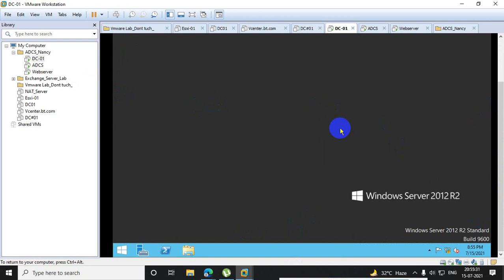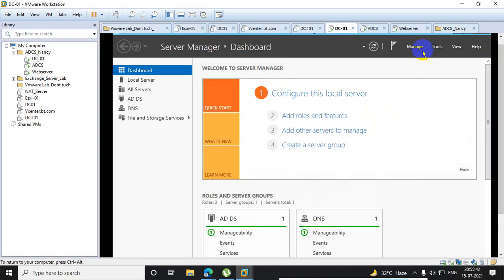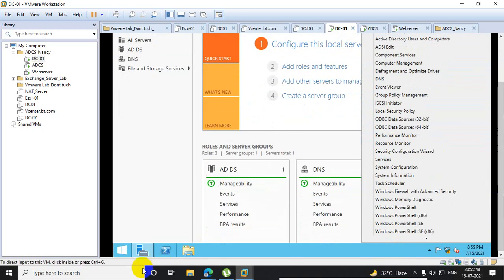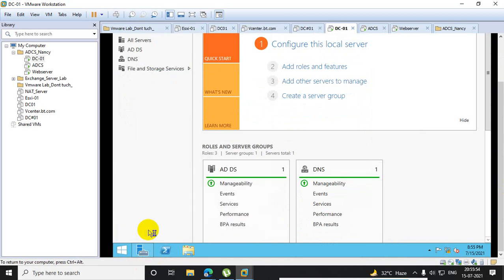Go to Administrative Tools and Group Policy. Perfect. Good. You can open it from Tools, Group Policy, and also you can go and run gpmc.msc.